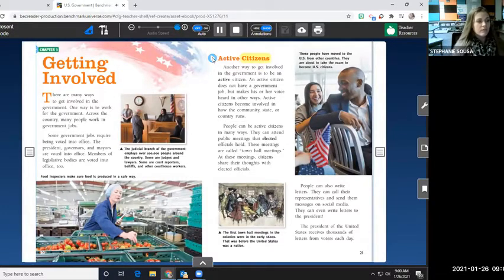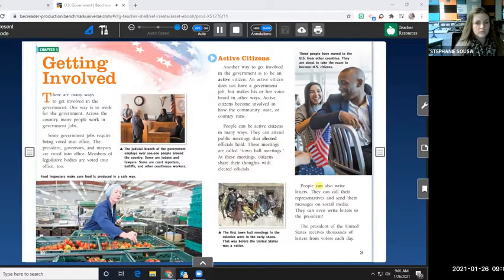Active citizens. Another way to get involved in the government is to be an active citizen. An active citizen does not have a government job, but makes his or her voice heard in other ways. Active citizens become involved in how the community, state, or country runs. People can be active citizens in many ways. They can attend public meetings that elected officials hold. These meetings are called town hall meetings. At these meetings, citizens share their thoughts with elected officials.